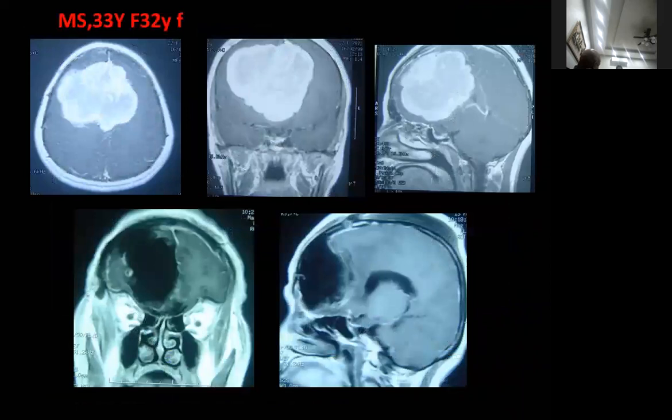This was a lady who was pregnant in her last trimester. Meningiomas do swell during pregnancy because meningiomas have estrogen and progesterone receptors. She had headaches, she had blurring of vision, and she was diagnosed with toxemia of pregnancy because they found some proteinuria in her urine. If they had looked into her fundus, they would have found it. How many doctors look into the fundus of patients? You don't need to refer the patient to the ophthalmologist. You have to have the ability to look into the fundus of patients during daylight. So this was an emergency surgery, and we saved her life.